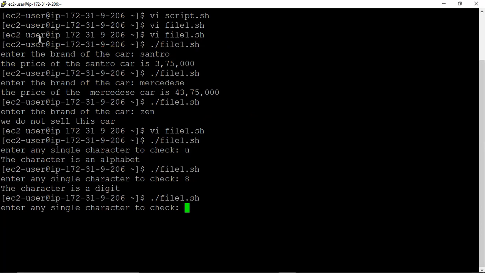Suppose we write this character, hash, and see the output: it is a special character. So very easy by using case statement. Done.